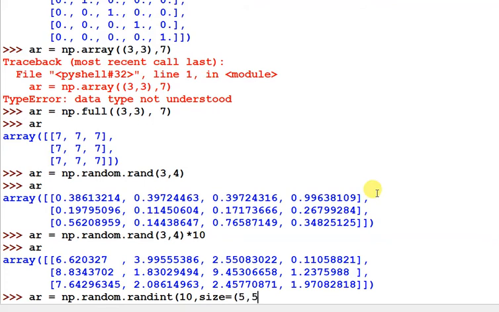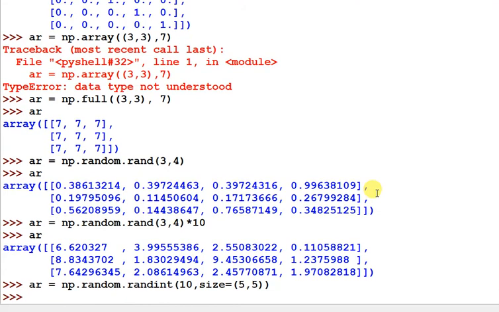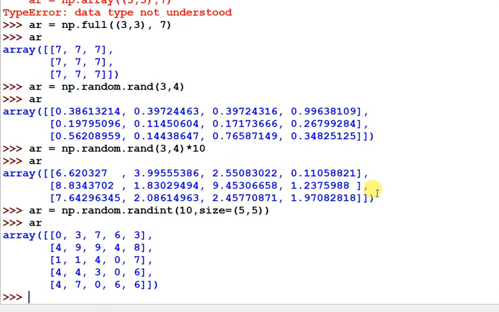Suppose you want to generate a 5 by 5 array, we can pass this command and it will generate it. It has created a 5 by 5 two-dimension array, and all the elements are assigned random numbers from 0 to 10, like 0, 3, 7, 6, 3.